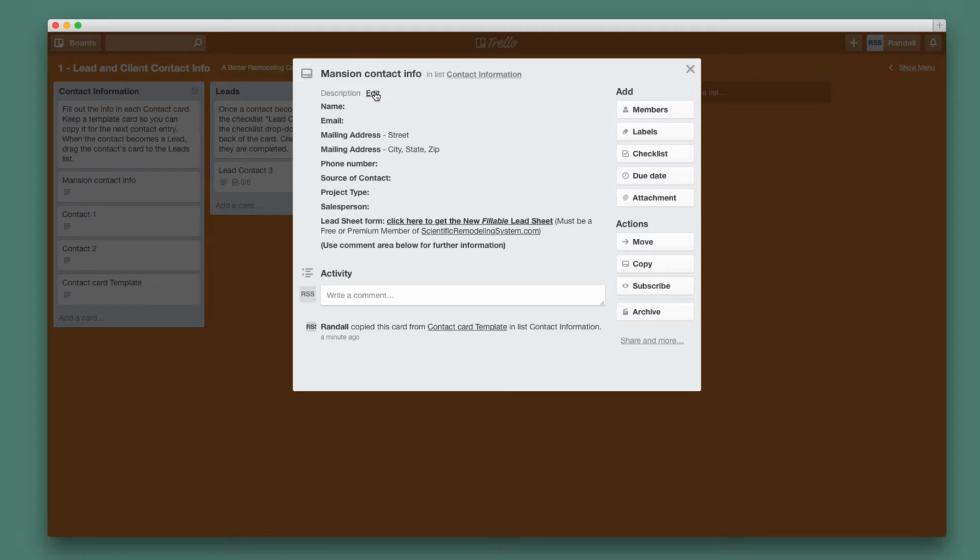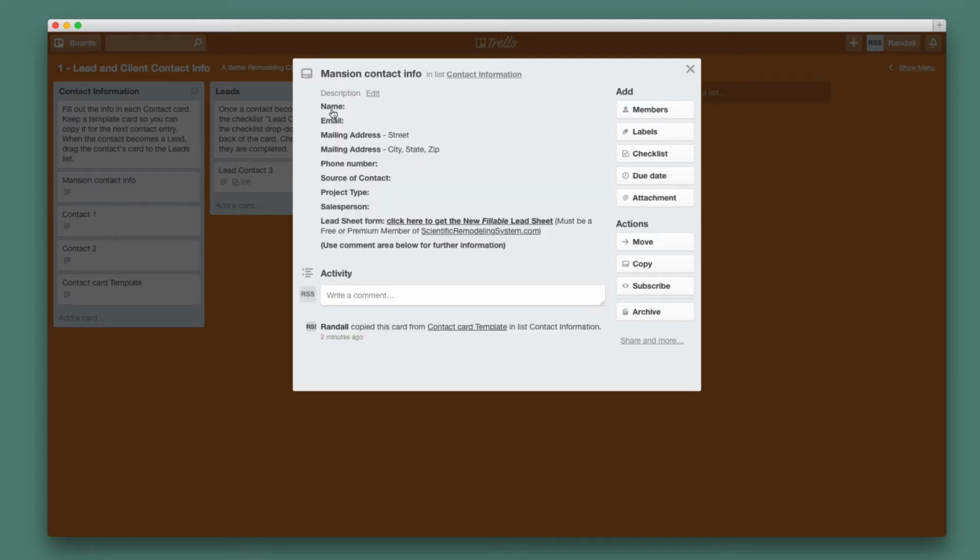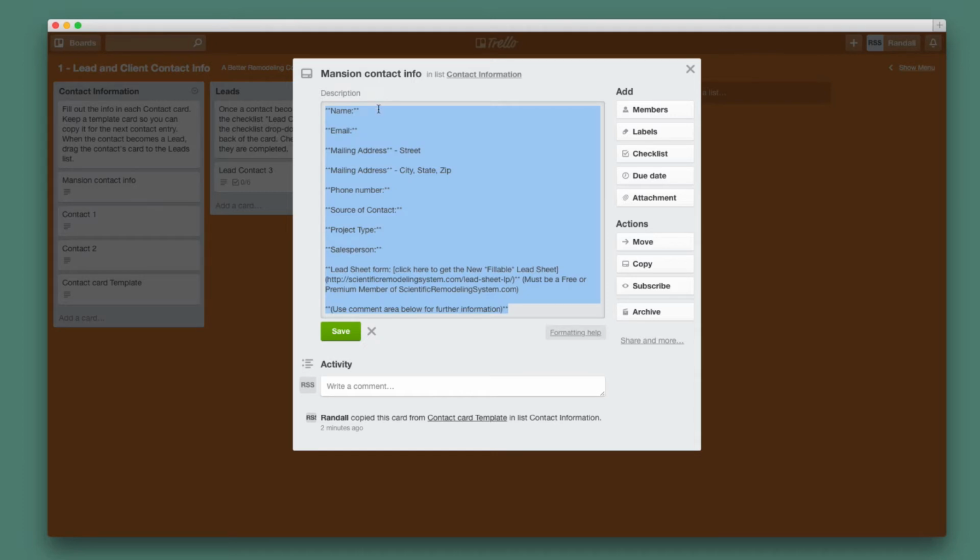And when we click edit right here, you notice that we get a very different look. We see double asterisks, name, colon, double asterisks. And that is a code called Markdown. And what that does is make name look bold. See how it's bold there? Just ignore those, and I put a space after the double asterisk, and let's put her name. We'll call her Miss Mansion,